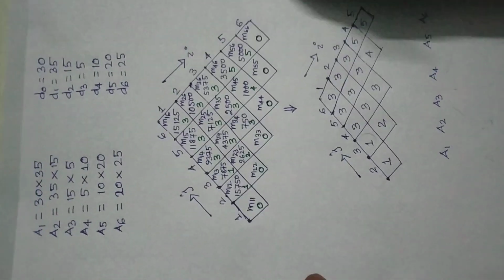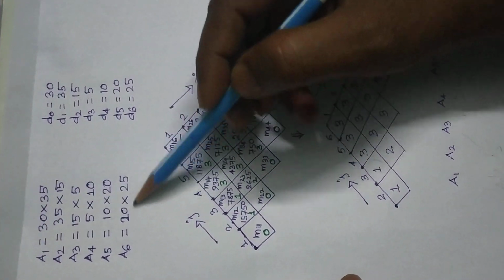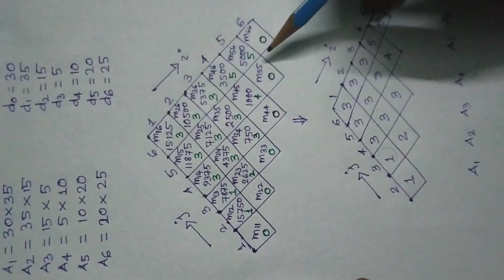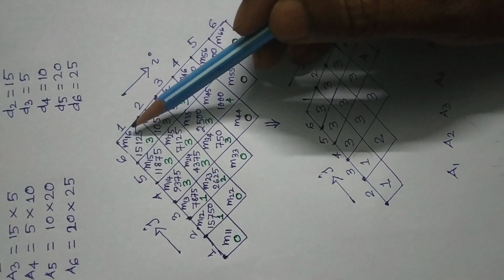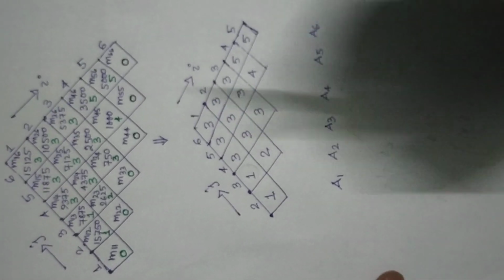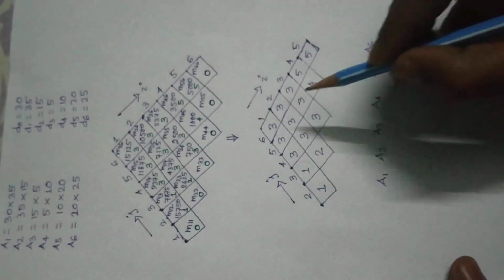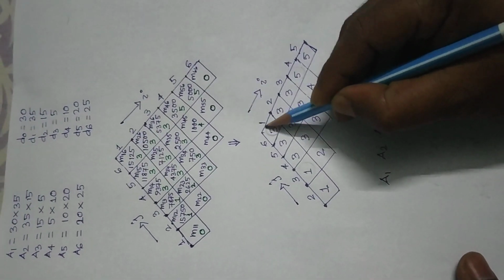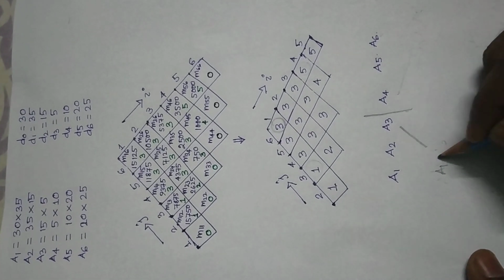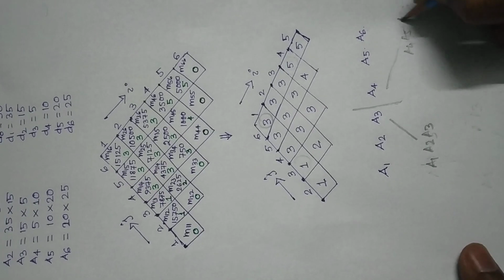Similarly, if you go to this example, here six matrices are there and the corresponding dimensions are given. You will get a table like this. Here in green color I have written the corresponding k value for which the value will be minimum. So you will get the S table like this. Here six matrices A1 to A6. So go to M16. Here the value is 3, so make a partition after A3. So the left hand side becomes A1, A2, A3 and the right hand side becomes A4, A5, A6.